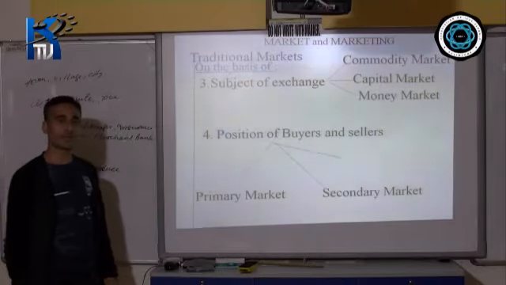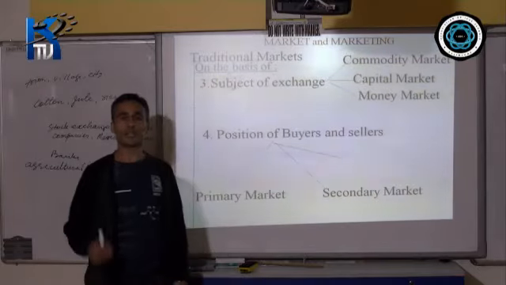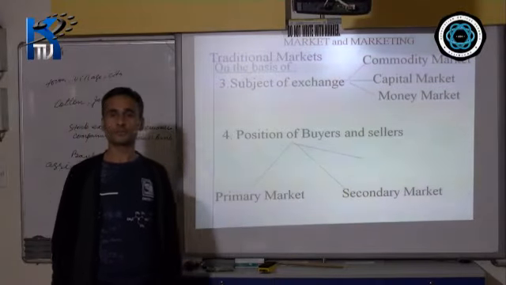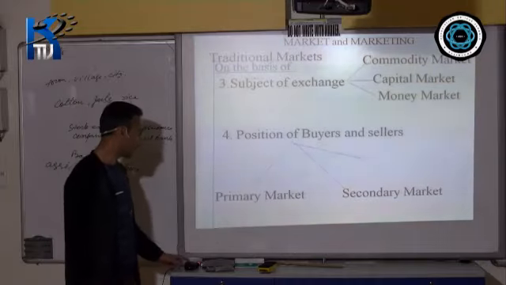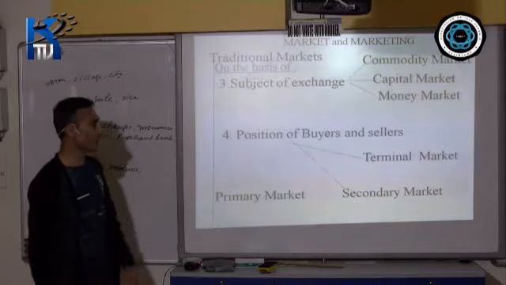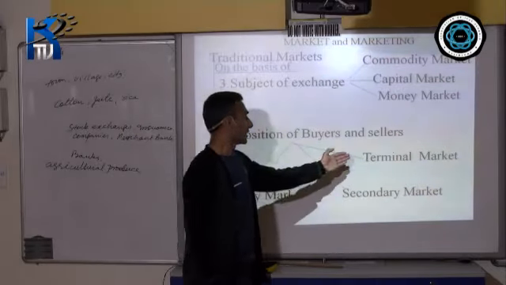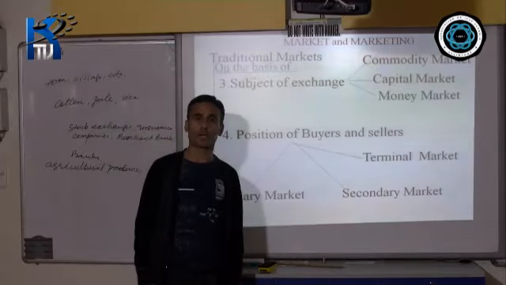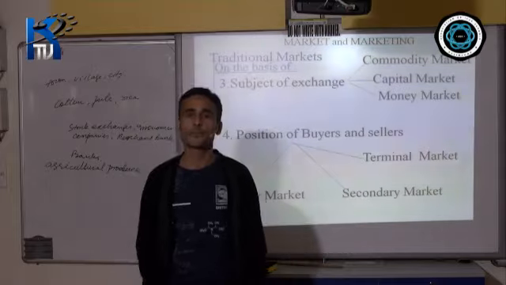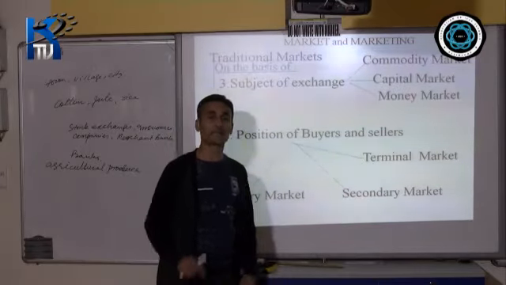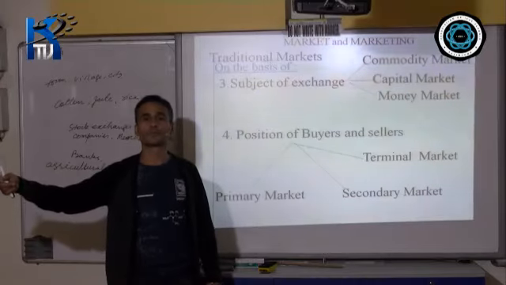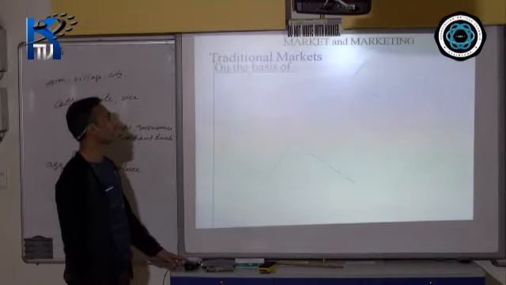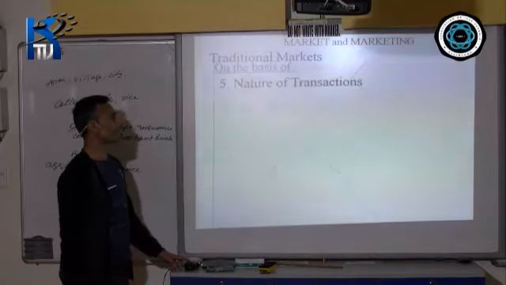Next you have the secondary market. In the secondary market, there is a relationship between the wholesaler and the retailer. Wholesaler sells goods to the retailer, right? Then you have another kind of market known as terminal market. In the terminal market, the ultimate consumers like you and me go to that market and buy the product as per our likes and wants. Here, the retailer is directly in touch with the final consumer.